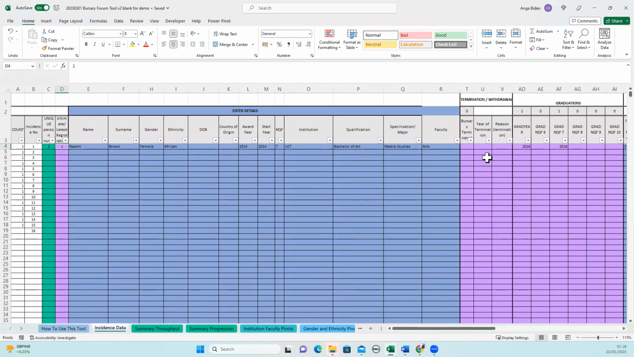All right, taking another candidate. Now, this candidate begins her studies in 2019. She is awarded in her first year of study. So we capture 2019 as both her start and award year. She's at Wits, studying a Bachelor of Commerce in Accounting. This is obviously a